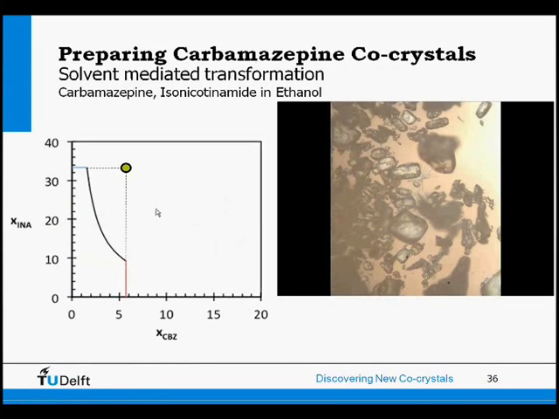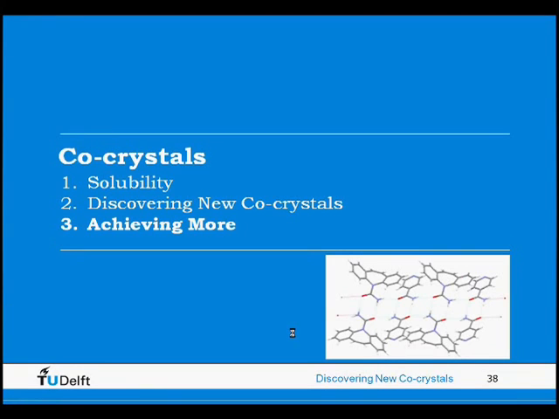So this is actually a very easy and interesting way to make the co-crystals just by adding the crystals to a vial, add the solvent to the vial as well, and then just stir. And as long as you are in this green point and there is a co-crystal, you know that eventually co-crystals will start crystallizing. Okay, I think I reached the end of my presentation.